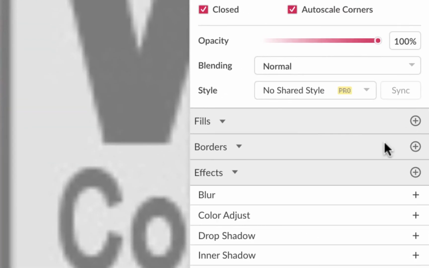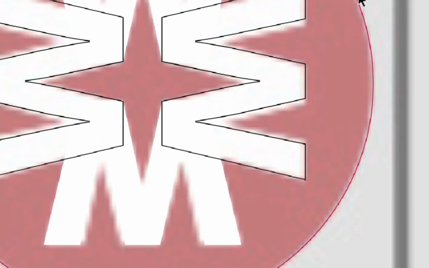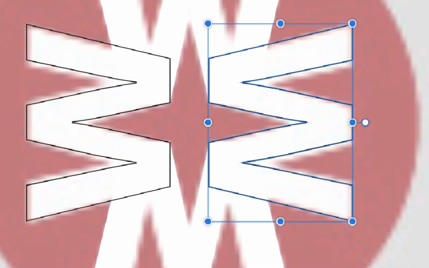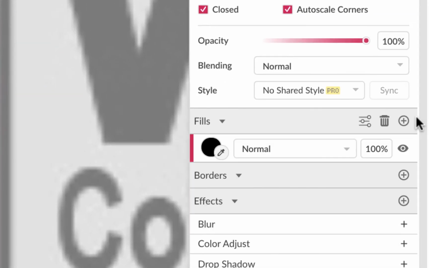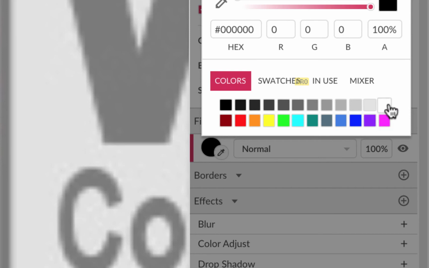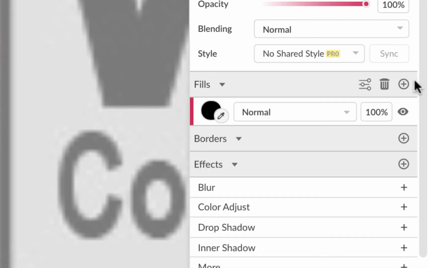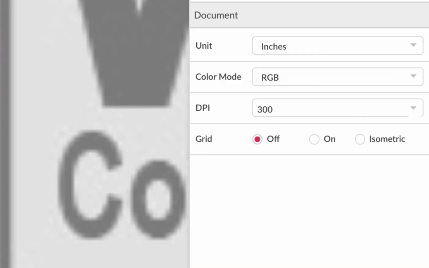I could delete the stroke first, and then I'll give it a fill with the plus sign, and just make sure it's white. I'm just using the white over here. And then same thing here. Click once, click a second time, delete the border with the trash can, add a fill with the plus sign, and make it white. And then same thing over here. I could click on that one, get rid of the border, add a fill, make it white. And we still have two groups here, so